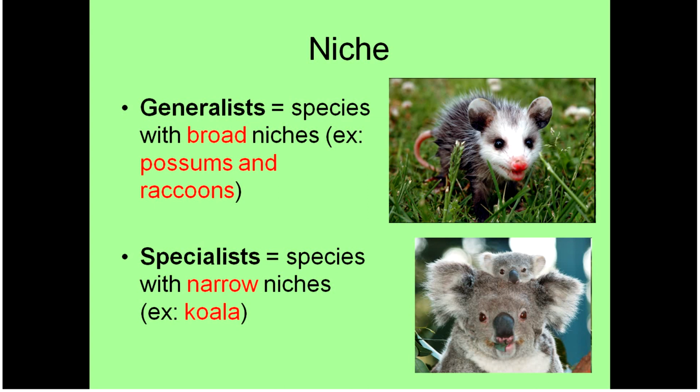Specialists are going to be species that have very narrow niches. They really only use a few resources or even just one. Koalas only eat eucalyptus. Pandas only eat